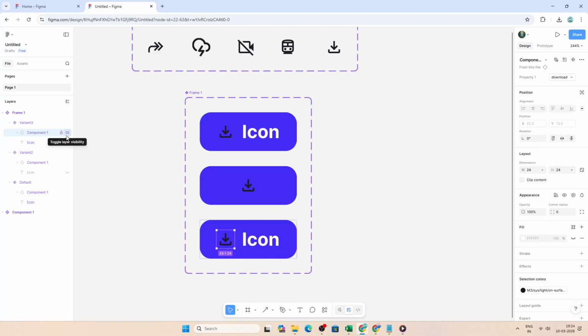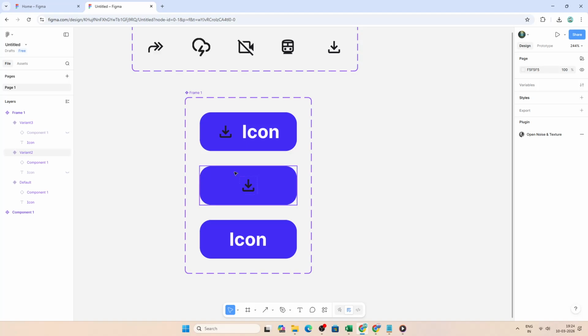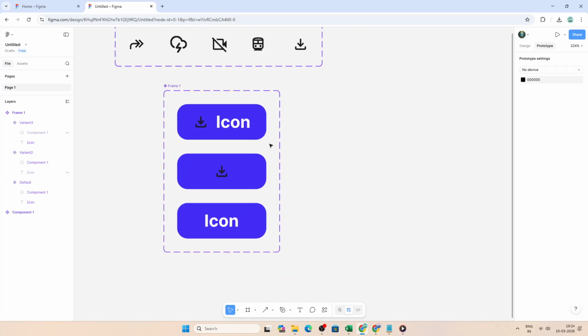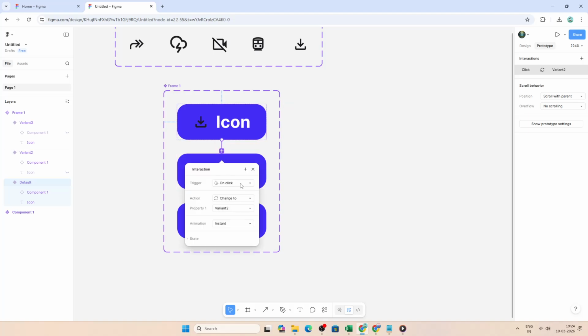Finally, bring your components to life with interactive behaviors. In the Prototype tab, link variants using the Change to action. This makes interactions like a checkbox toggling between checked and unchecked happen inside a single component set, with no extra